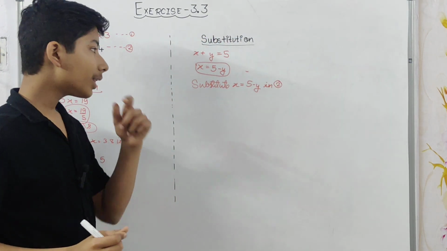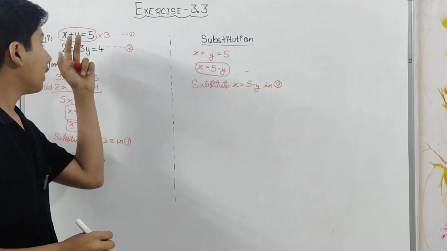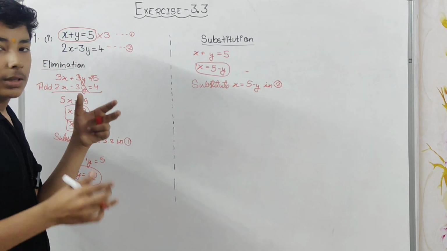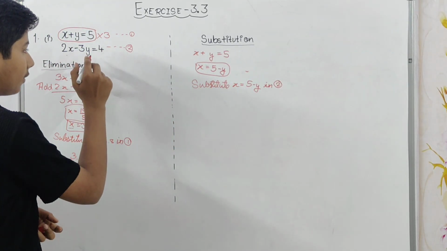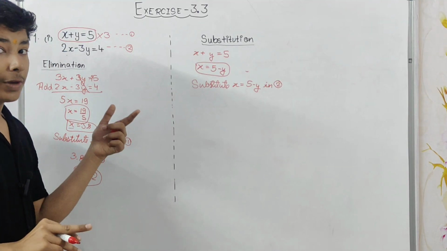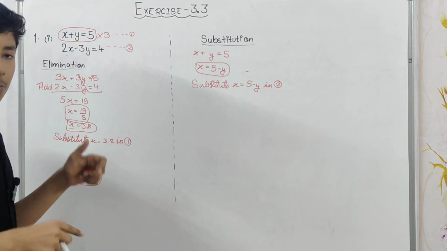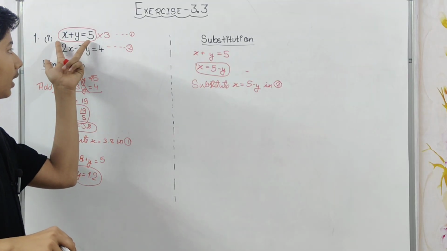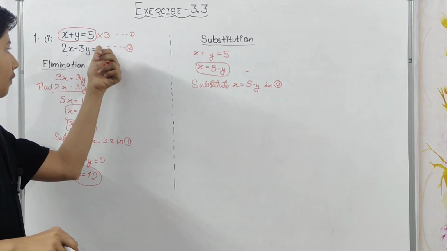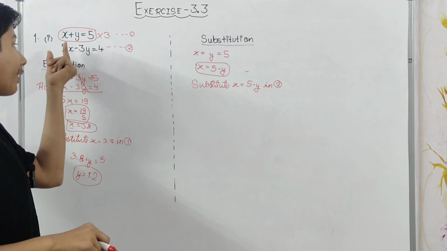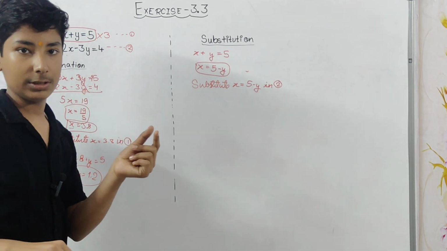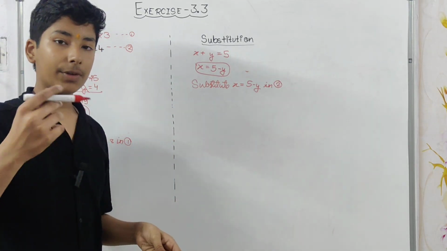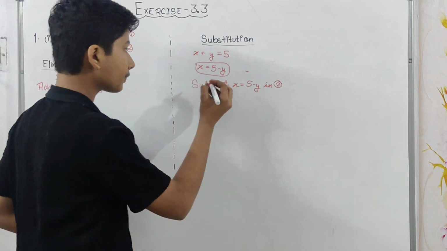See, have you noticed something? Firstly, we used any of these equations. Let's say that I use this one equation, so then I will put the value of x or y which I want to find out in this one. Or else, if I have found this value from this equation, x or y value, then I'll put that x or y value in the second equation. Means the next equation which I have not used.